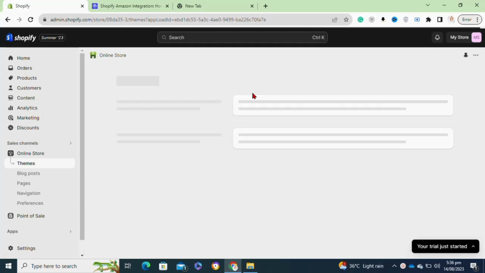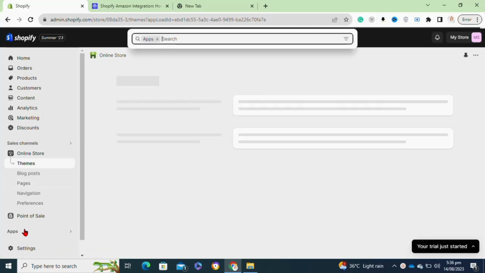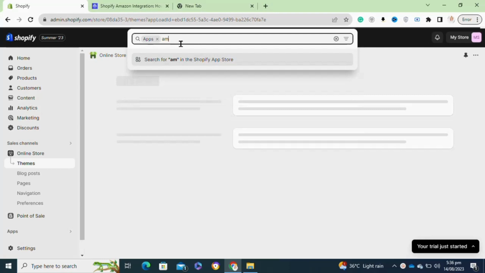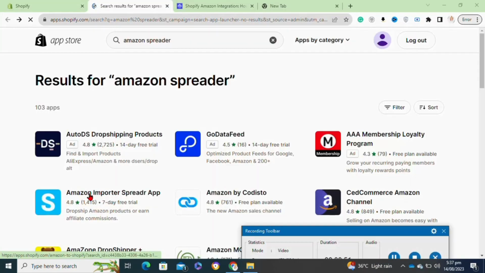Once you are logged into your Shopify account, now you have to click on the apps option at the bottom left corner. After that, in the search bar, you have to simply type in Amazon Spreader. Now it will take you to this page where you have to click on this app to install it onto